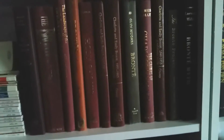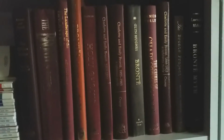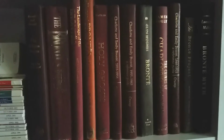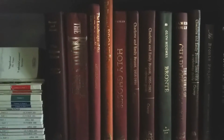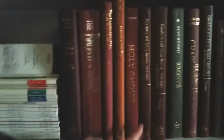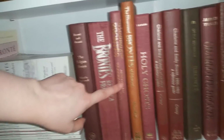That is Charlotte Brontë and her circle, The Life of Charlotte Brontë. We go down to here and we have The Brontë Myth, The Brontë Project, Charlotte and Emily Brontë, a reference guide by Crump, The Crimes of Charlotte Brontë, Glenn Hughes's Brontë, Charlotte and Emily Brontë, a reference guide to editions of that, a book about the male muses, Illustrated Brontës of Haworth, The Landscape of the Brontës, the Fraser book